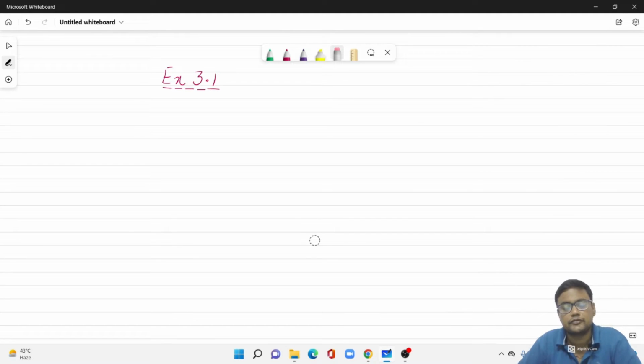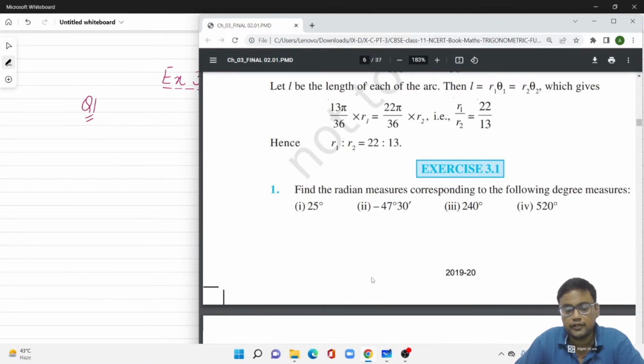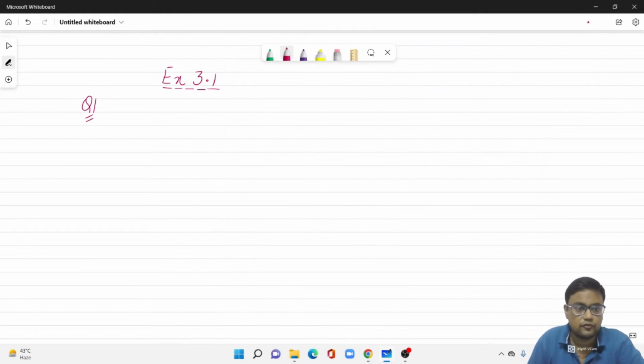My name is Abhimanyu Singh, your maths teacher, and today we will start exercise 3.1, chapter 3, class 11th mathematics. See, so the first question that we have is, I have a PDF opened. We have to find the radian measures. So degrees are given to you and we have to find radians from the degrees. So the first part is